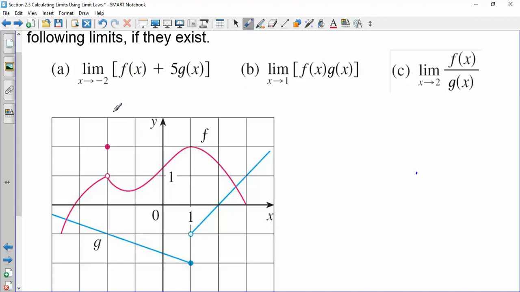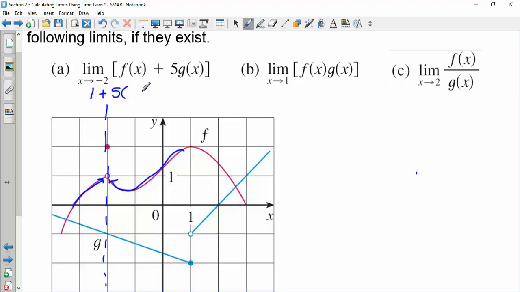So as x approaches -2, you're here on the graph. F is this pink one. What's the value of that limit? You're approaching -2 from both directions, so the value of that limit is 1